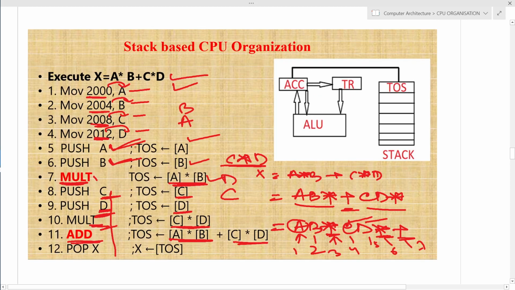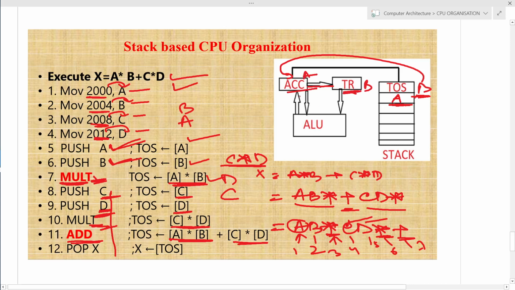Let's understand this again. Initially you pushed A, and when you push B and then perform the multiplication, the second operand will be available at the accumulator and the first at the temporary register. When the multiplication pops next, it will be placed in the accumulator, and then it will perform the multiplication on the contents of the accumulator and temporary register.